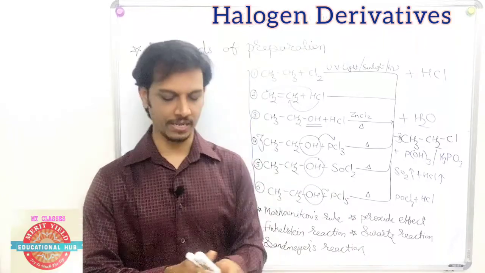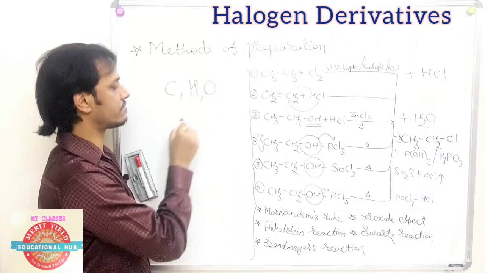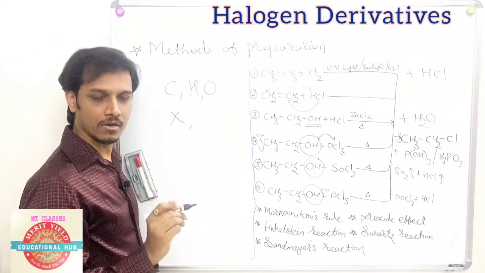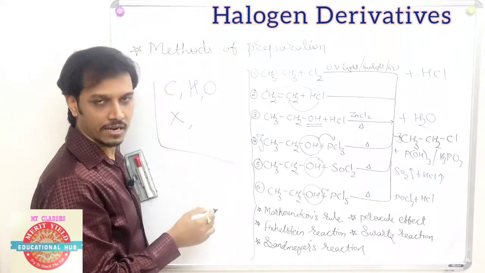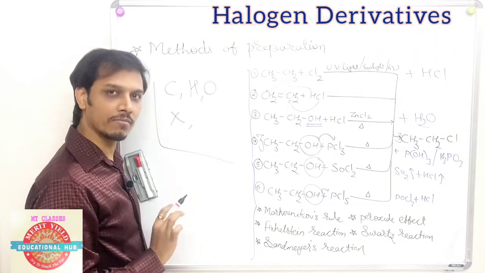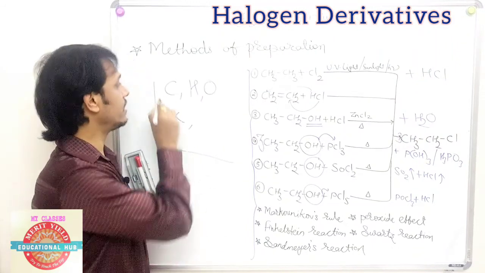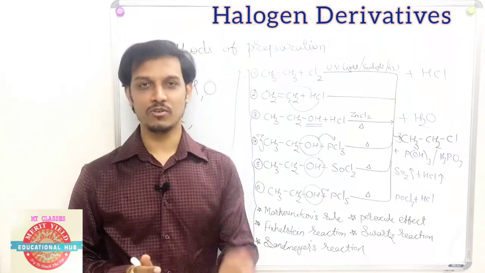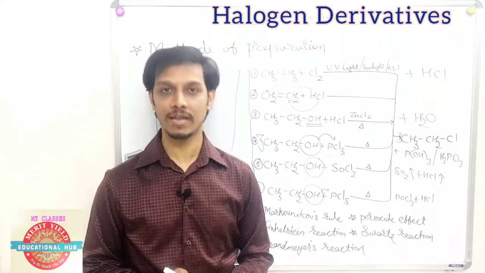Because once again, I'm repeating, for you, carbon, hydrogen, oxygen, halogens, or whatever may be the element, these are just elements. If you think in a proper way, by using these 10 to 12 elements, you can understand whole organic chemistry. Or the second statement is, in these 10 to 12 elements, you have the whole subject. So if you know the elements properly, you can understand the whole concept very easily.